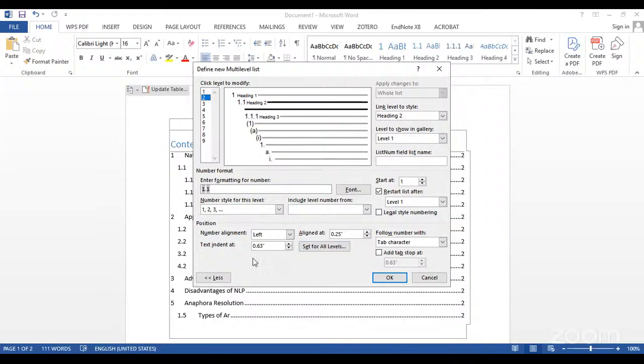After that, the text indent we have put here is 0.625. Okay, and level 3. Hello, madam. I think you are in level 1 only because it is showing level 1. Yes, sir. You have to select level 2 there, I think. No, sir.